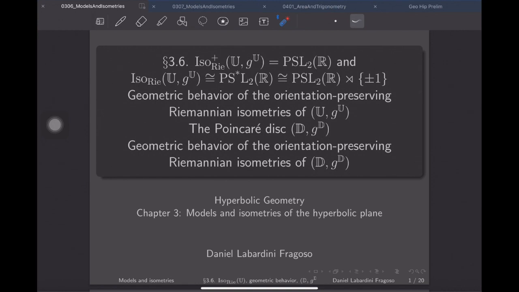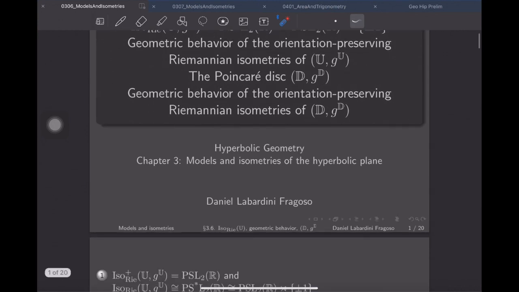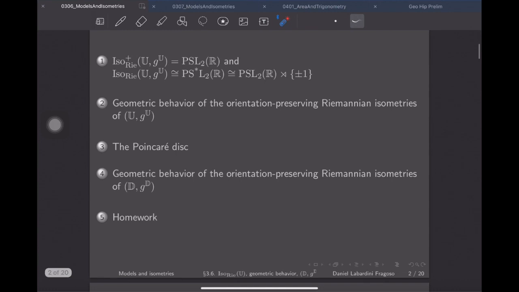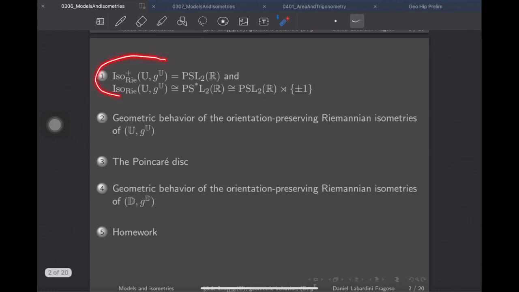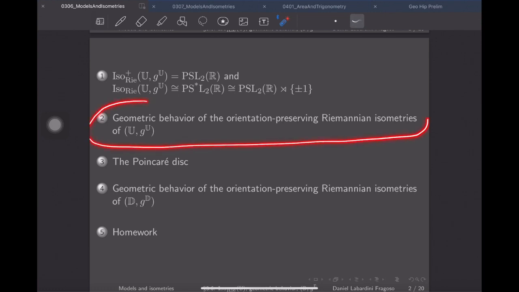A short review from the last lecture, where we finished the full description of the isometric group of the upper half plane, and described the geometric behavior of the orientation preserving isometries. And we introduced,